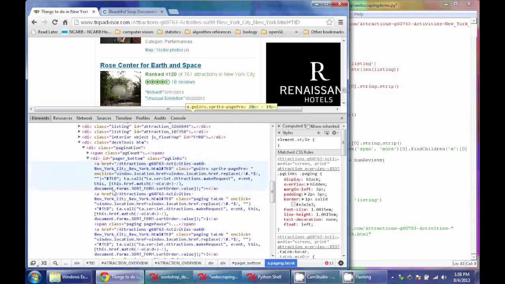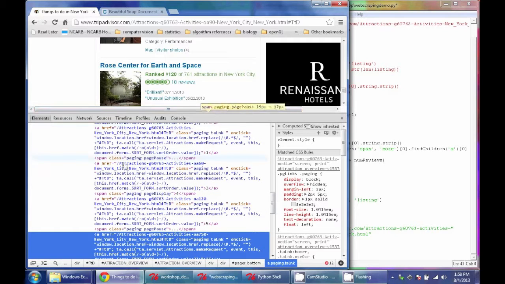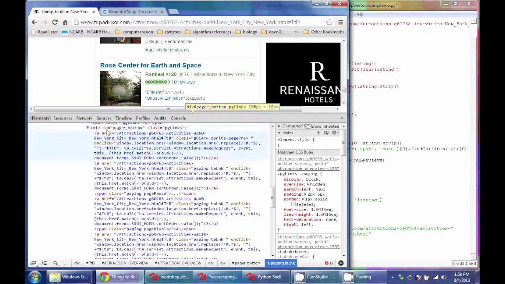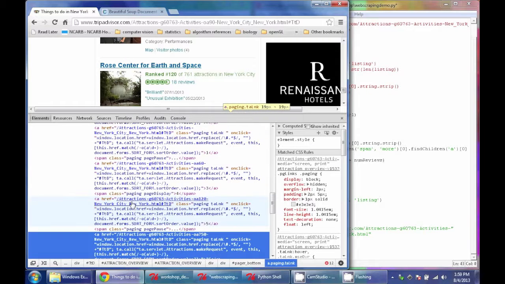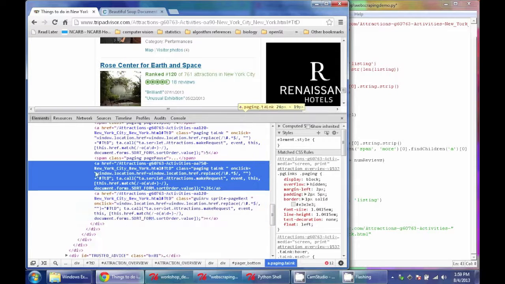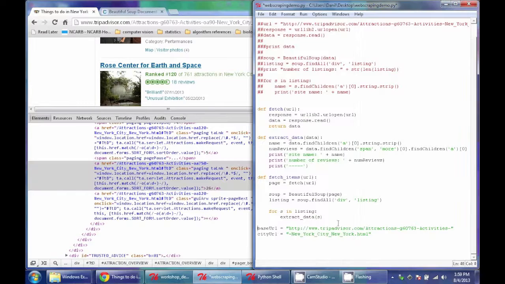but I can see that all of these links on the bottom of the page exist within this div tag with the ID pager bottom and class PG links, and there's just a series of links, and the link I want is the second from the last. So I can use that information to write it into my Python code so it can get that number 26. And to do that, I'll basically